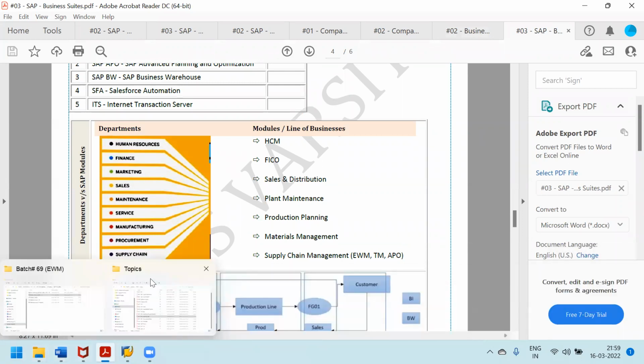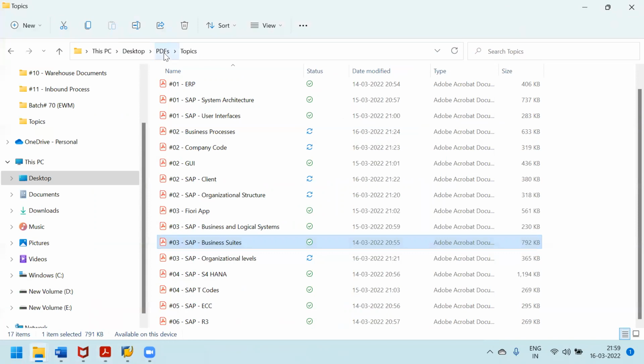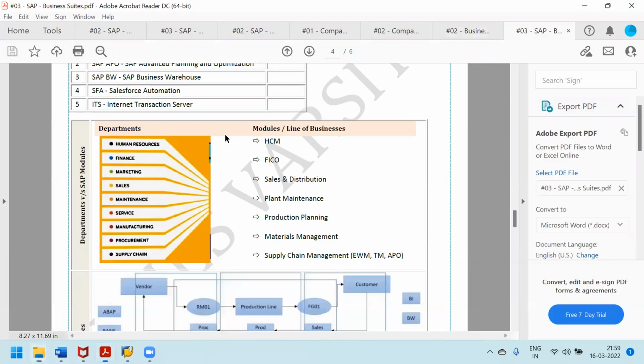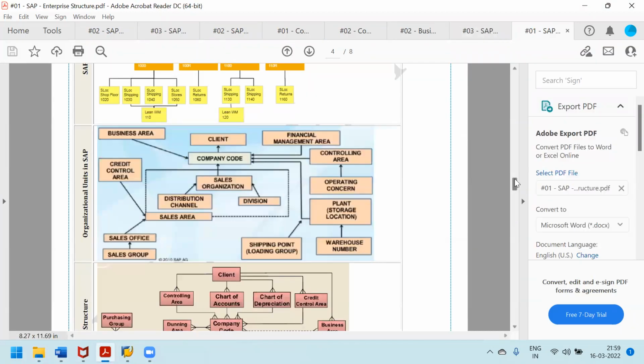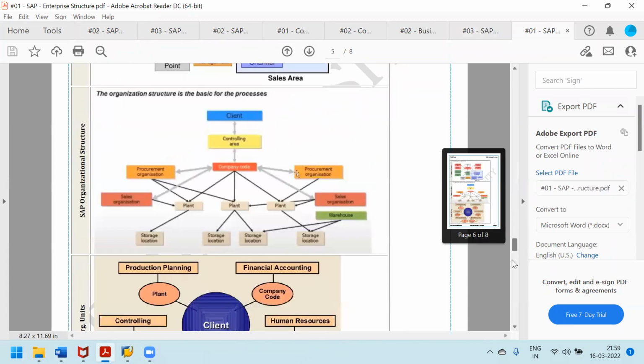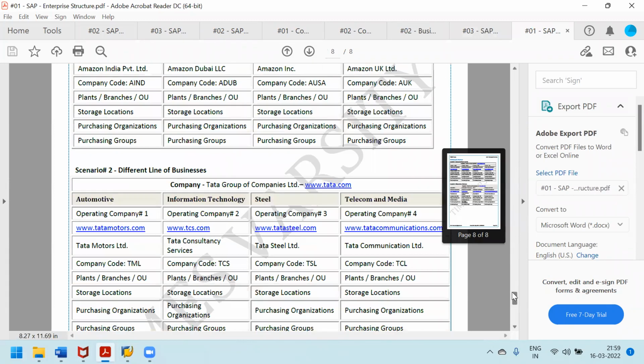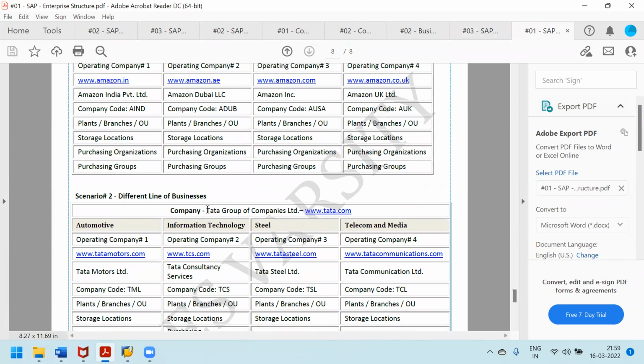Let me open that. That was closed. Yeah. Right. So one by one, we are discussing. Now first we try to understand what is company, then company code. So here we have